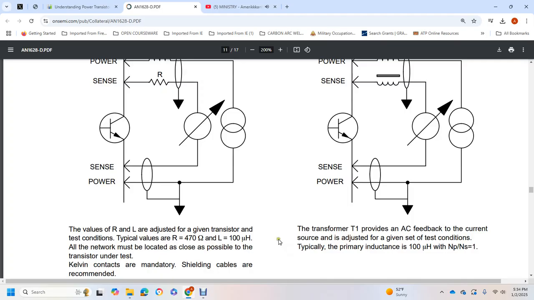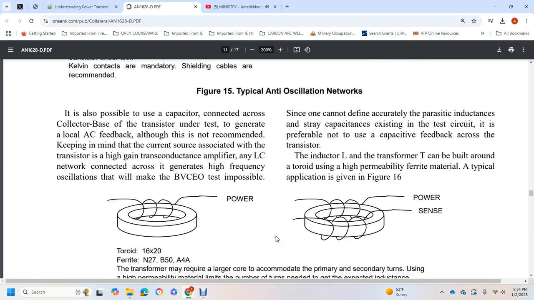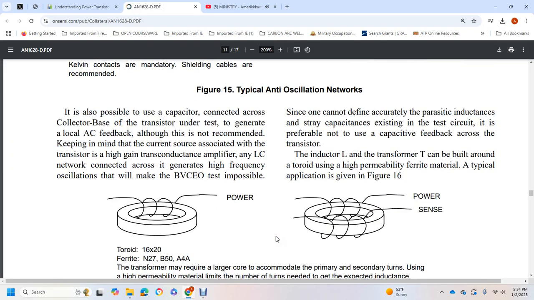The values are R and L, a typical anti-oscillation network. It is also possible to connect a capacitor across the collector-base of the transistor under test to generate local AC feedback, although this is not recommended, keeping in mind the current associated with the transistor, a high gain transducer amplifier. An inductor-capacitor network connected across it generates high frequency oscillation, which will make BVCEO tests impossible. This cannot be defined accurately because of the parasitic inductance and stray capacitance existing in the testing circuit, not even the capacitive feedback across the transistor. Inductor L with the transformer T can be built around a